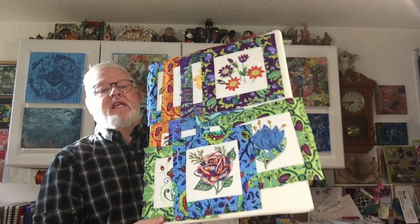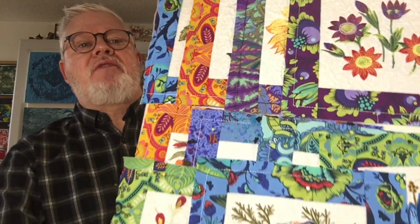So I think this is going to be a really bright and colorful quilt, and it's really not going to be a quilt per se. It's going to be more like a wall hanging. Depending on how big it gets, we'll see what happens from there. But it's already quilted too. I don't know if you can see a close-up of one of these